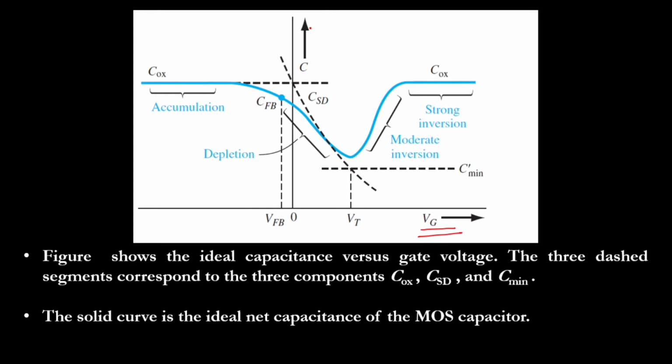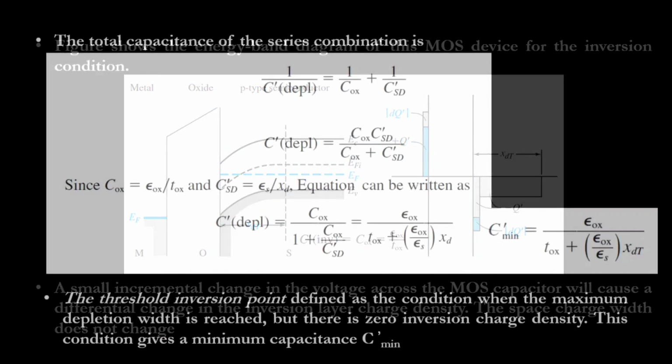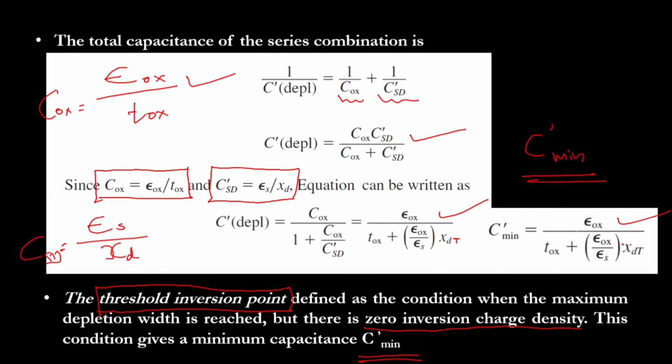And before I explain this, I would like to mention one more point. In this diagram, if I increase this depletion region width, there is no T now, it has not reached the threshold point, don't confuse, not reached the threshold point. So if I increase this XD value, what will happen to this C depletion, the capacitance?